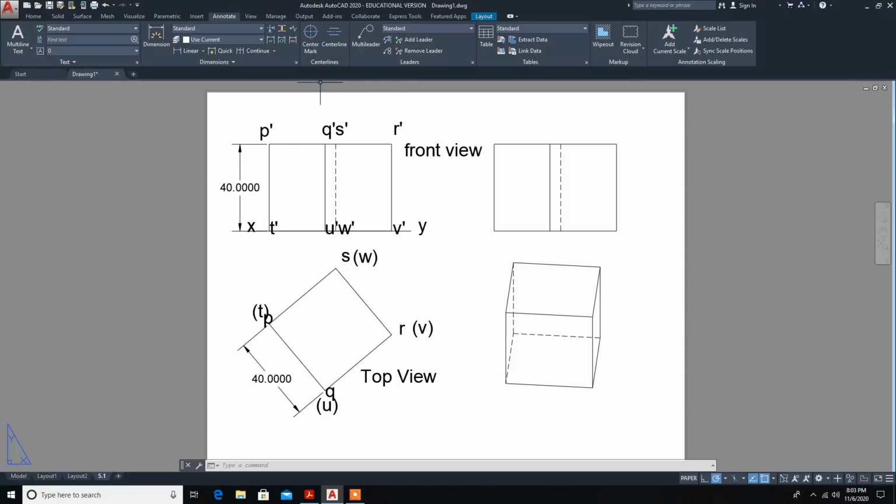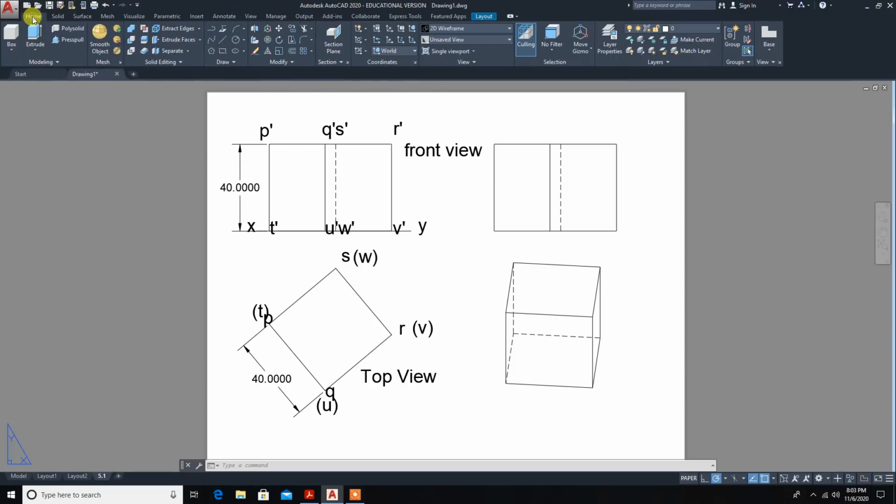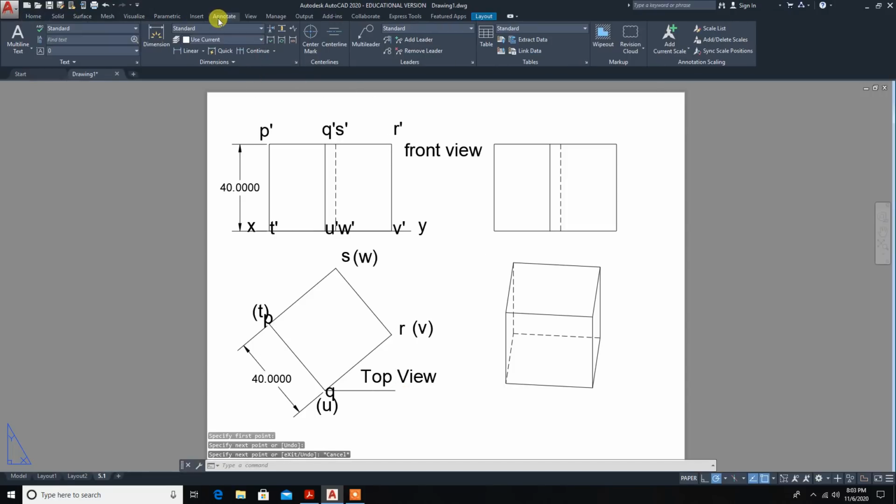Now the angle of rotation. To mark the angle of rotation for the reference line, you have to draw a line, and only then can we show it. For that purpose I am drawing a line. Now annotate, angle: 40 degrees between this and this, so the angle of inclination is 40.